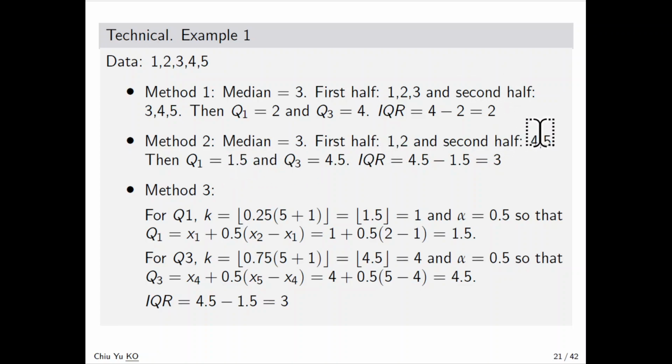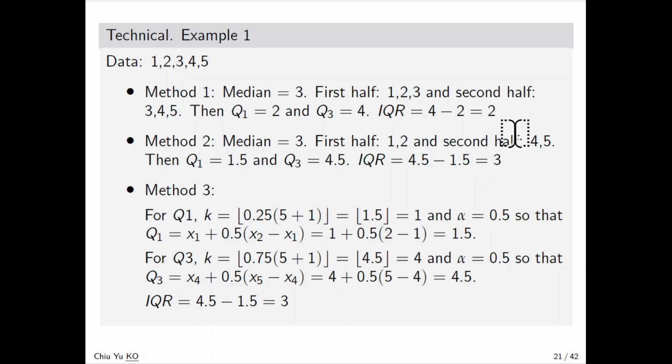For 4 and 5, with two numbers the median is in the middle, the average of these two numbers, 4.5. So the IQR is Q3 minus Q1, which is 4.5 minus 1.5, that is 3. So you can see when the number of observations is odd,